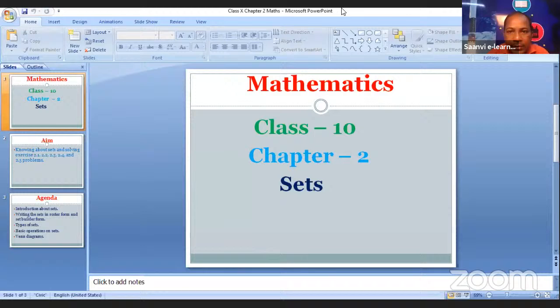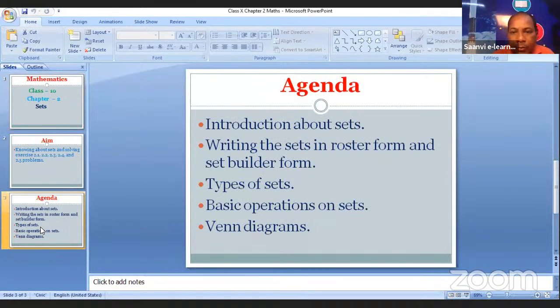And the agenda is: introduction about sets, writing the sets in roster form and set builder form, types of sets, basic operations on sets, and Venn diagrams. So already we have discussed these topics in previous classes. Now, in the part of types of sets,